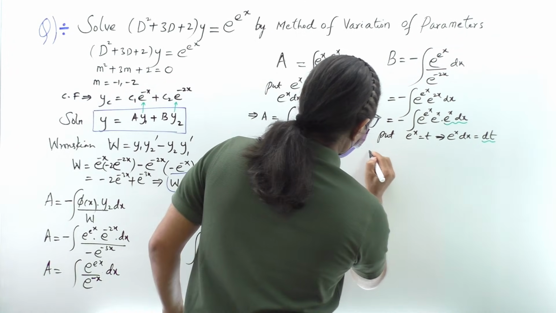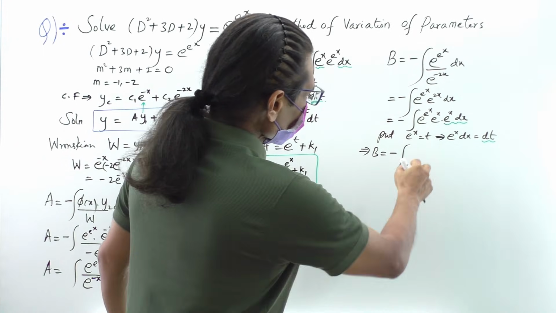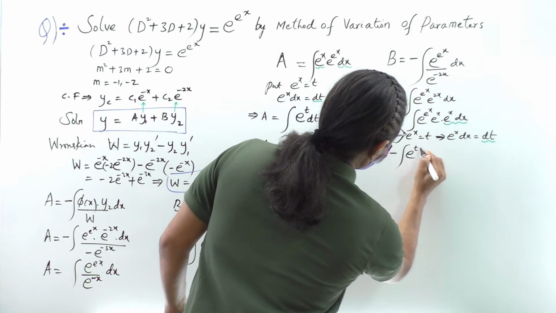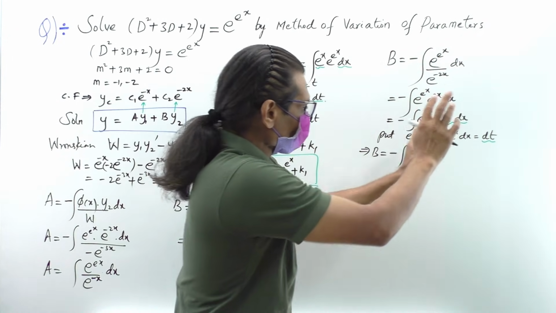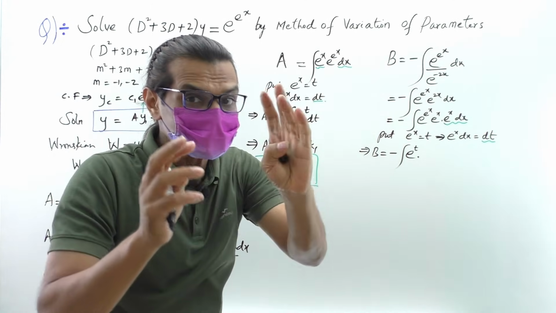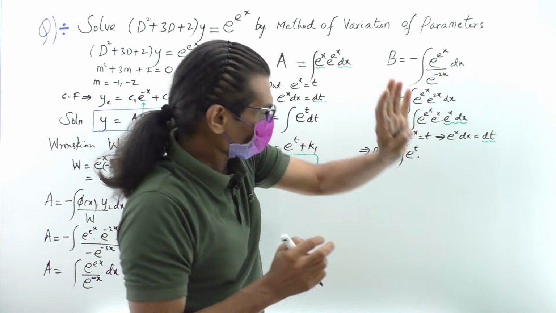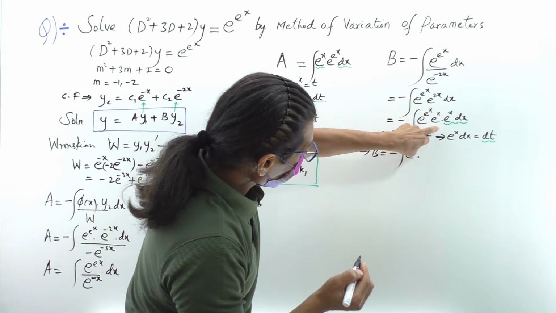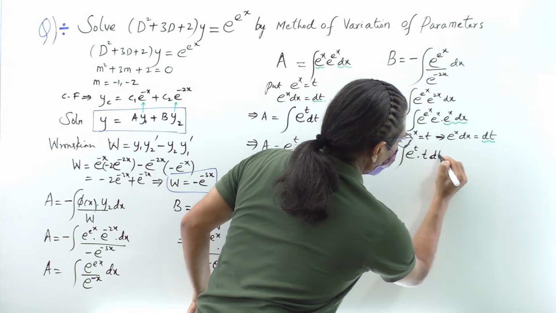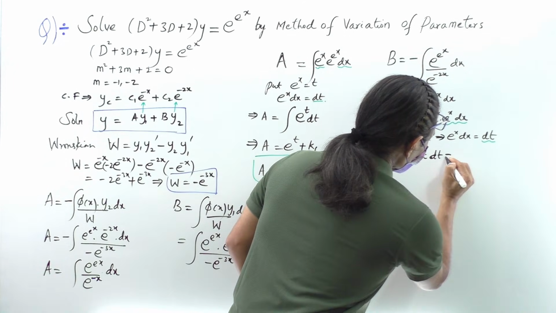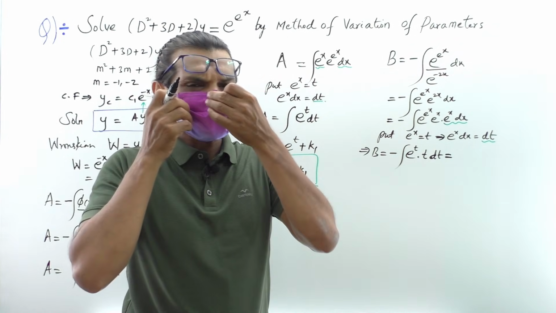So now this will be implies b equals minus integration of e raised to t into, see again, be very careful here, you are substituting everything in terms of t. So e to the power, what is e raised to x? It's t, we are assuming. Next, into e raised to x is again t into dt equals to, now what I will do, I will integrate this by parts, or I can simply use the simple